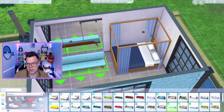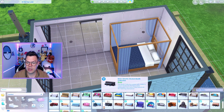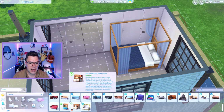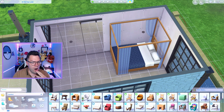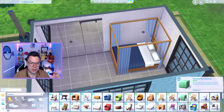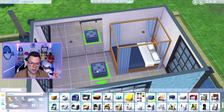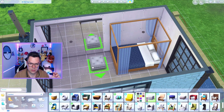So I'm just like, ooh, what's this? Ooh, what's this? Ooh, what's this? So that's becoming tricky, of course, but I want to get some type of bench that's gonna look really good here. I know I can use what I normally use. Ooh, this is actually a good, this is what I want. Ooh, that's too...